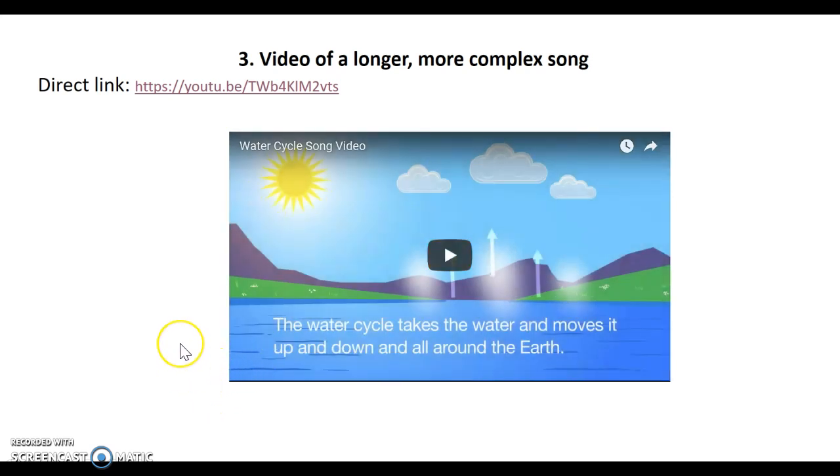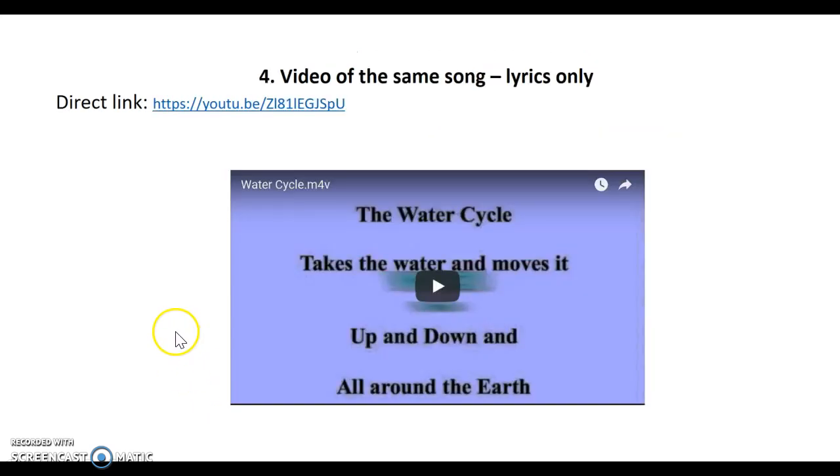Okay, so as you can see, this one is a little bit more complex. And the next video is exactly the same song, but just with the lyrics. And of course, as we all know, it's important that they hear everything before they start reading it. And so there can be a long time between one phase and the next phase, I should think, depending on your class,